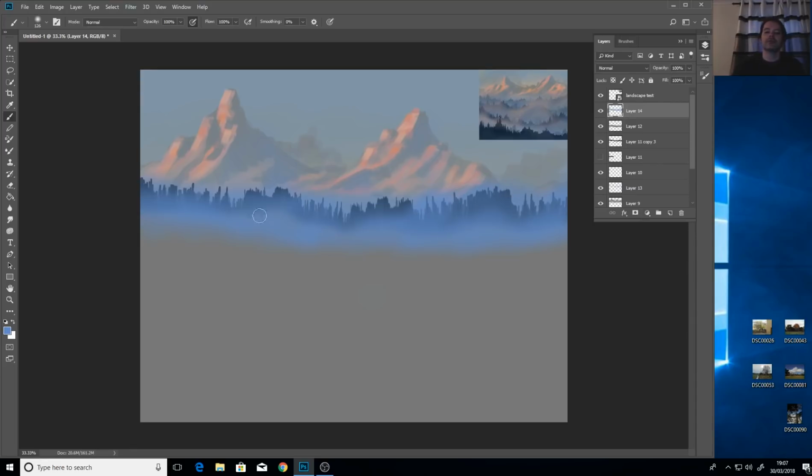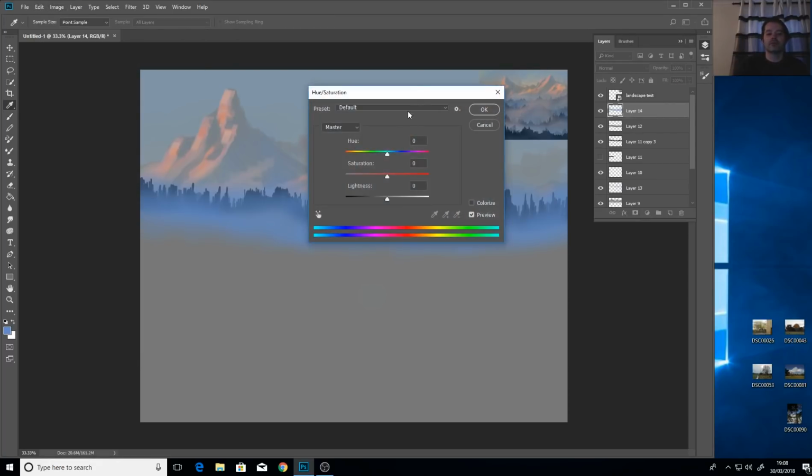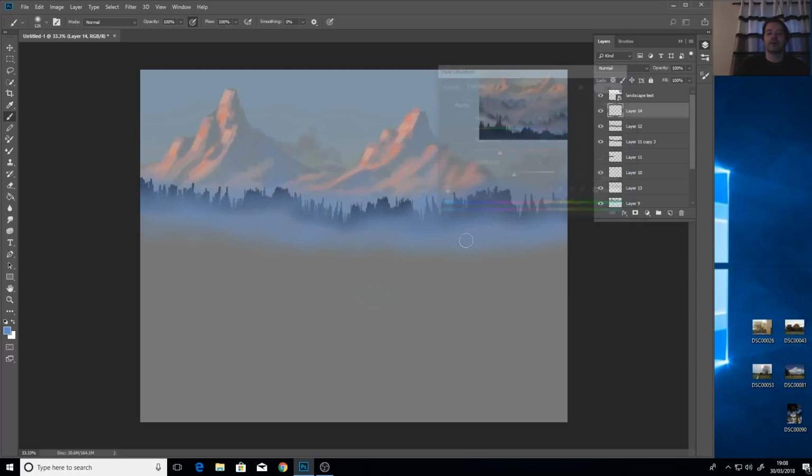Now maybe I've gone a bit too blue. So if you have, you can either bring the opacity down to make it less powerful, which kind of works, or something, you know, I use all the time now, hue and saturation. Probably oversaturated, isn't it? Probably only needs to be about there. About there. I would say that's better. Less strong. So then, what I thought was,